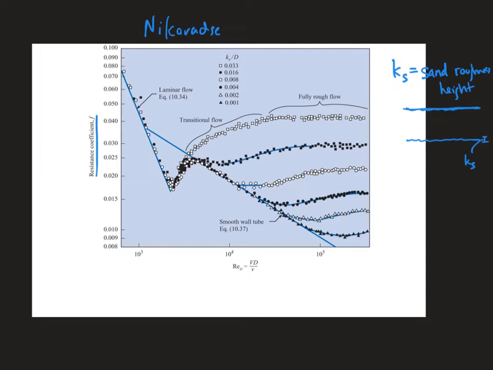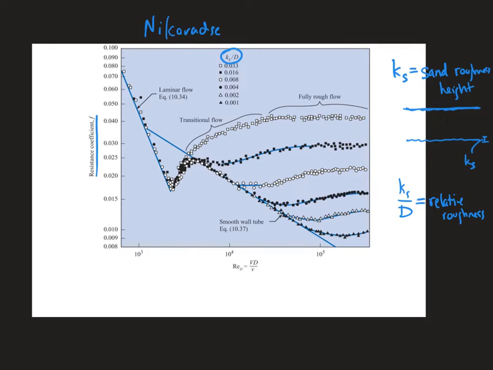And then he divided that by the diameter of the pipe. So KS over the diameter, that's dimensionless because they both have units of length. This is called the relative roughness. And that makes sense. It's relative. It's how rough is it relative to how wide it is, right? You could think of it as the percentage of the diameter that's taken up by these roughness